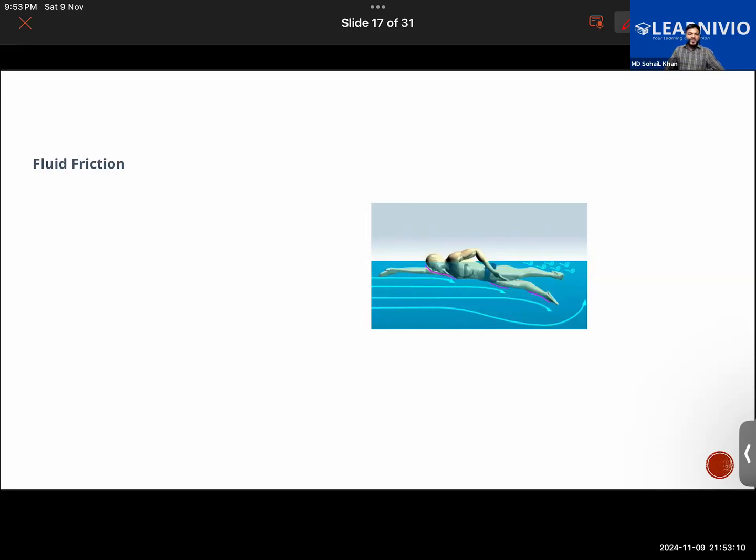So density will also influence the friction. There are several factors which affect fluid friction, which we have discussed. We learned about the speed of the object moving in that fluid. If a swimmer were to swim faster, he will experience more fluid friction. If a jet aircraft or an airplane is traveling faster, it will experience more friction. The second thing was the nature of the fluid. The nature of the fluid also influences the friction.